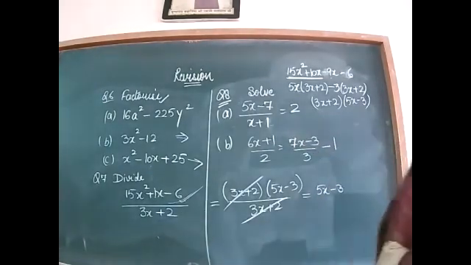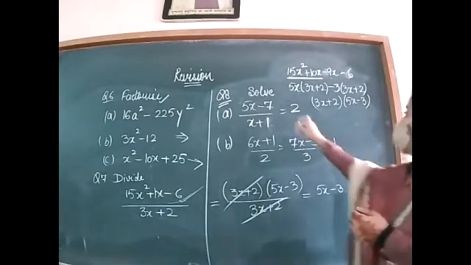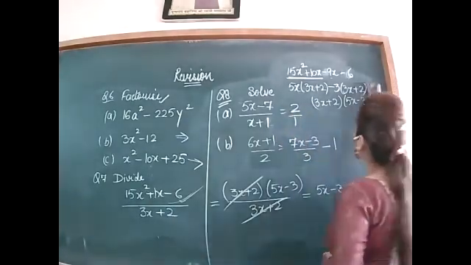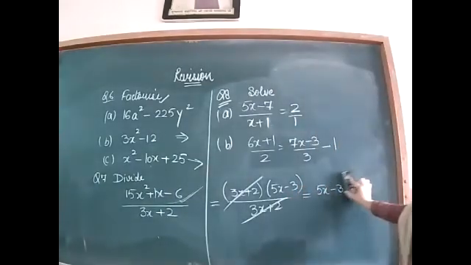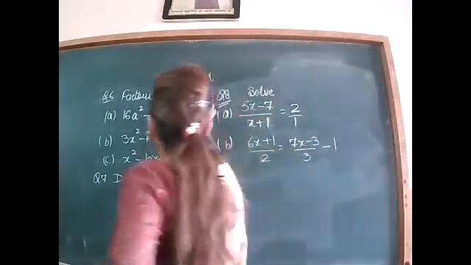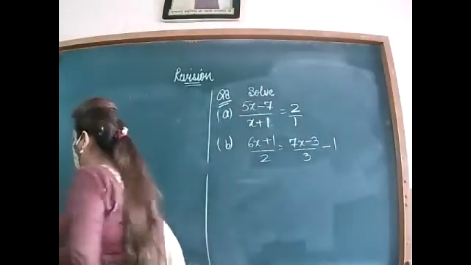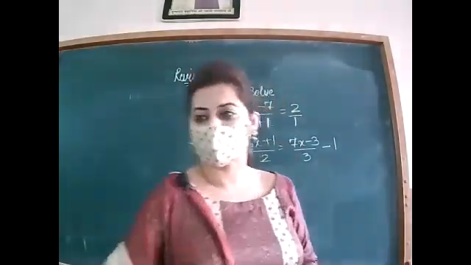This question is from the linear equation. So how you will solve this? Yes. Just tell me how you will solve it. Cross multiply. This is 2 by 1. Let's cross multiply and multiply the numbers carefully by distributive property. And after solving, you will collect the like terms on the one side. X you will collect on the left side and constant you will collect on the right side.